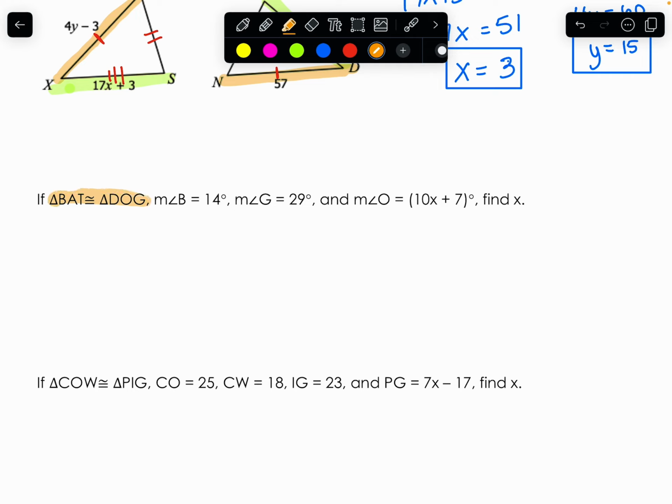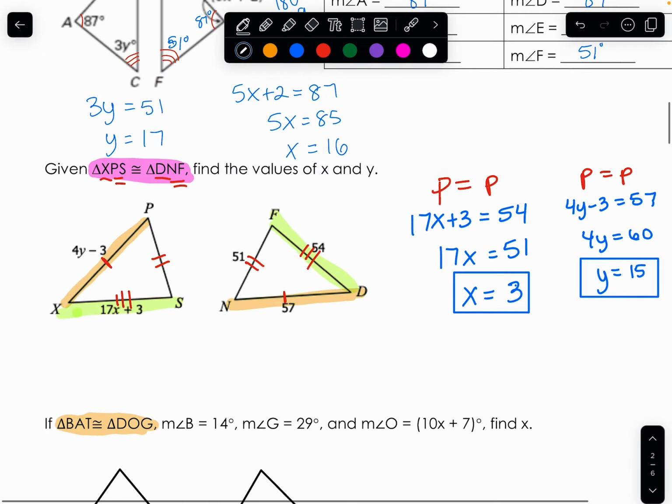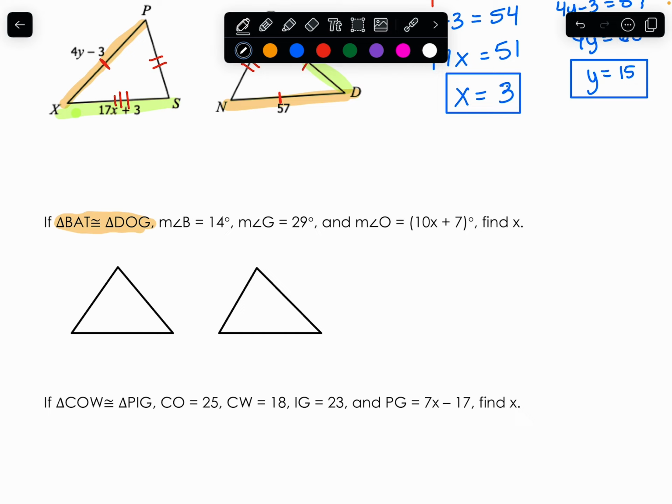Again, really important when we find our congruency statement. This time we don't have a picture, so it is kind of nice when that happens, because that means you draw your own picture. So I'm going to draw 2 triangles. And since I'm drawing the triangles, I'm not going to make it crazy where everything's out of order like this. I'm going to make them match up. So triangle BAT,